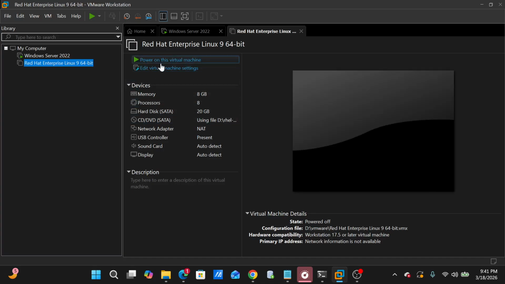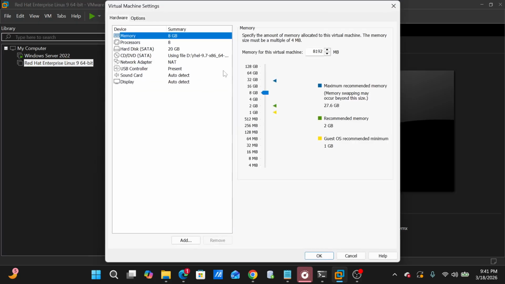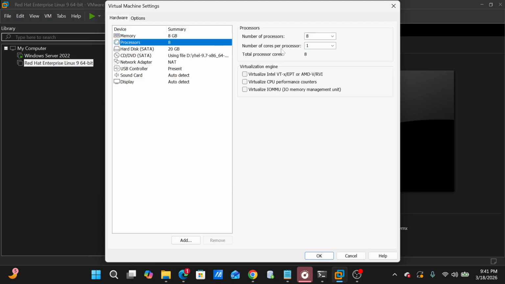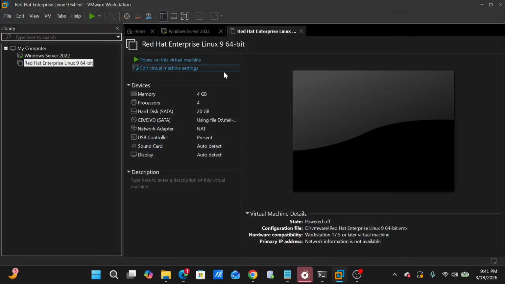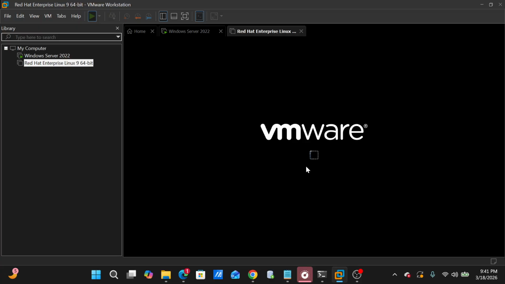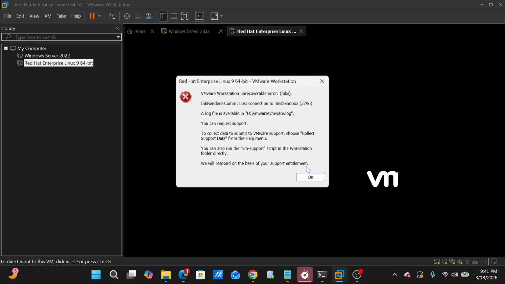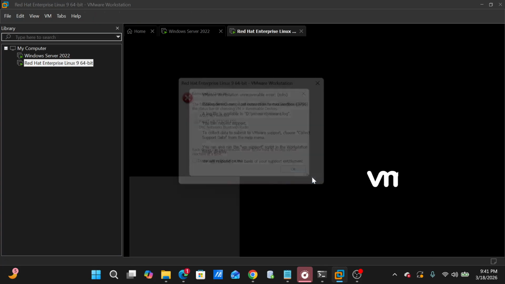Okay, virtual machine settings. Do one more thing here. Let me display the processors, and also I need to power on this virtual machine right now. I hope